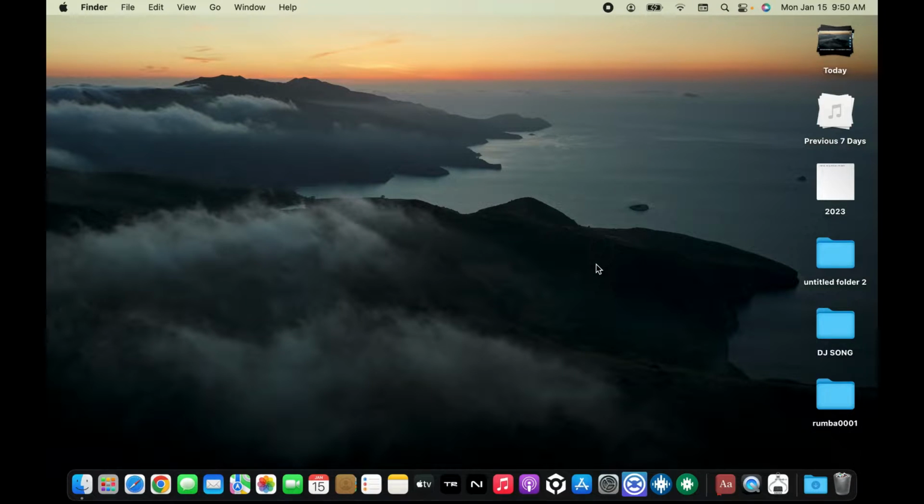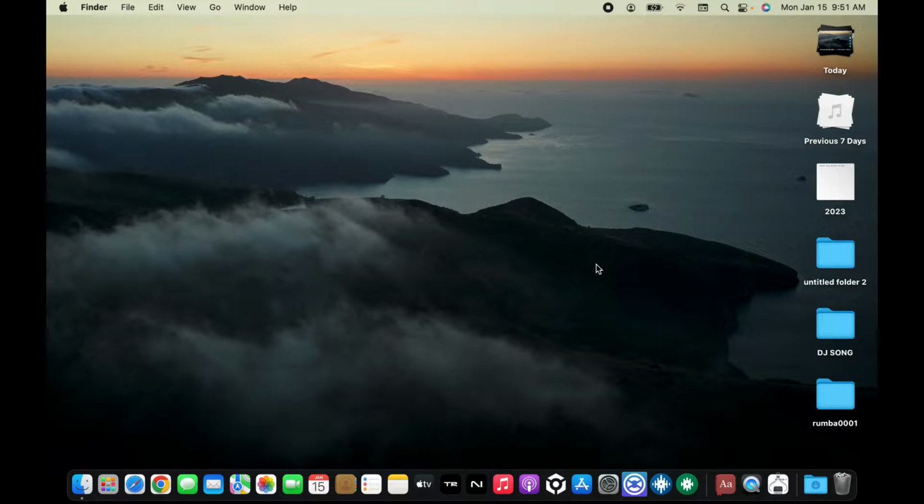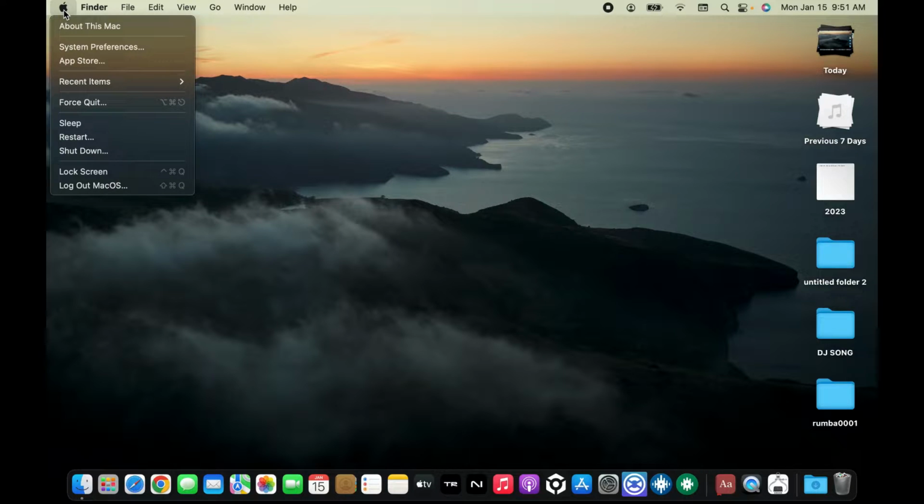In today's episode, I'm going to be showing you how to change time on a MacBook Pro. If you want to change your time for your MacBook Pro, then the process is quite easy. So let's get started. Click on your Apple logo appearing at the top left corner of your home screen and